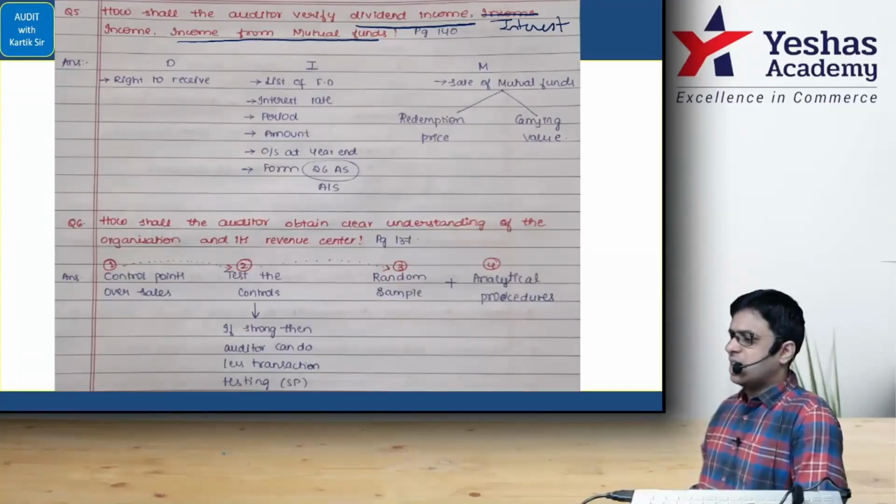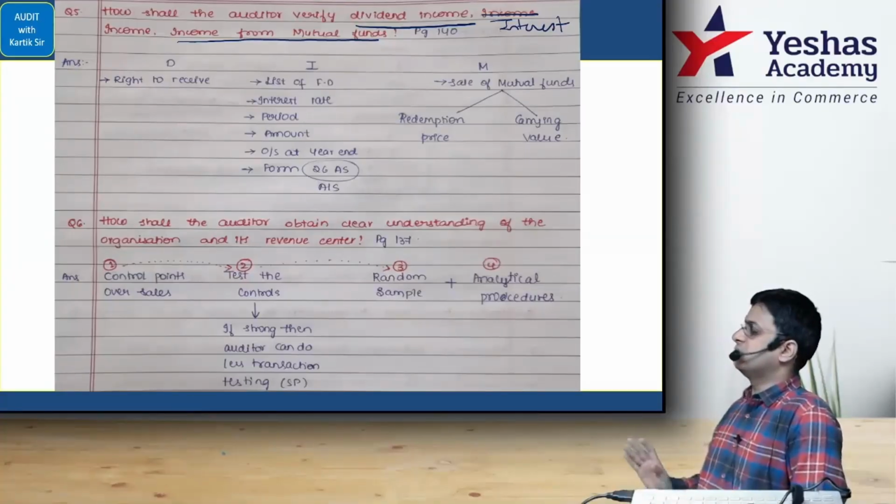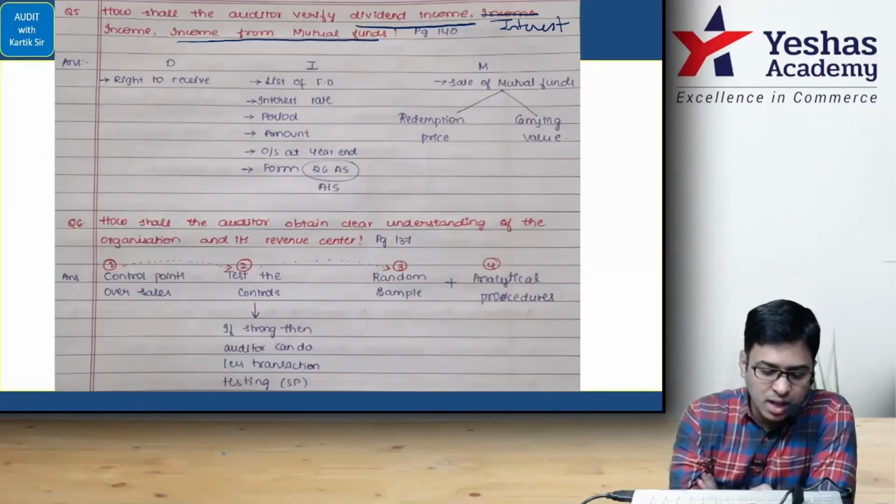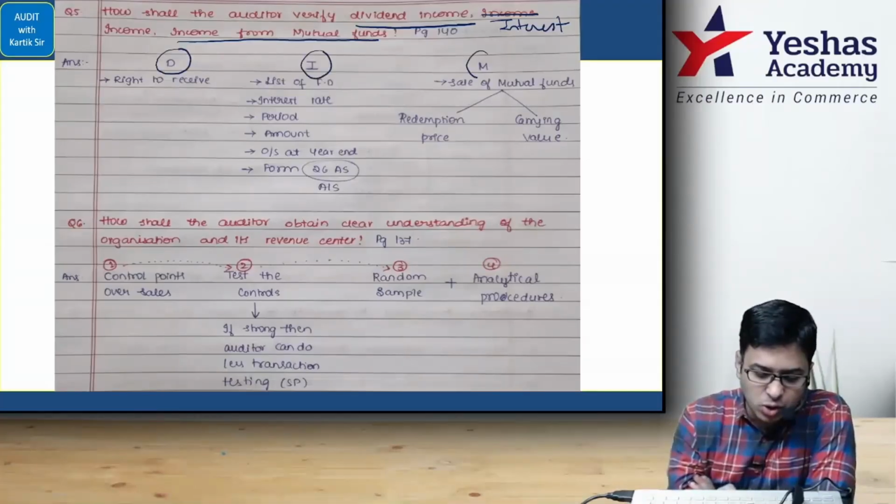Look at the screen to understand. Then we'll read, then you copy. Okay, like yesterday. Do it in a relaxed manner. No hurry. You have time today. Let's do it properly. But first, look at the screen regarding dividend income, interest income, and mutual fund income. What all should the auditor check?